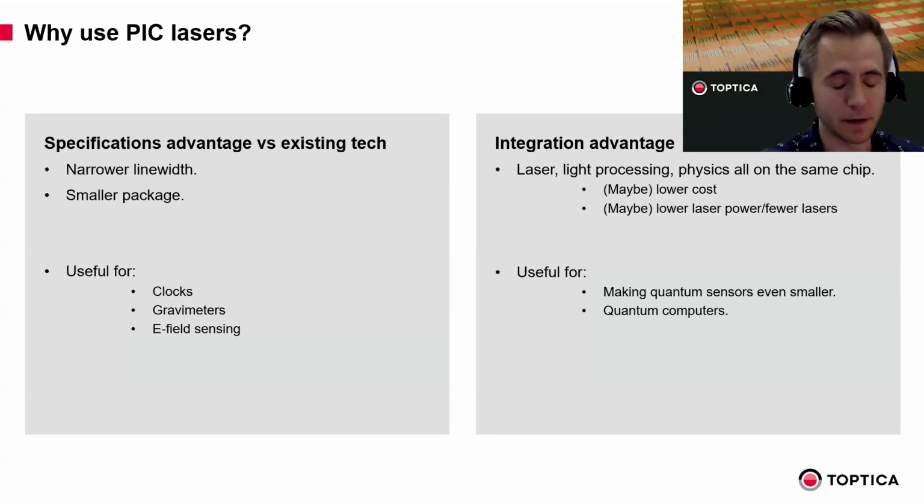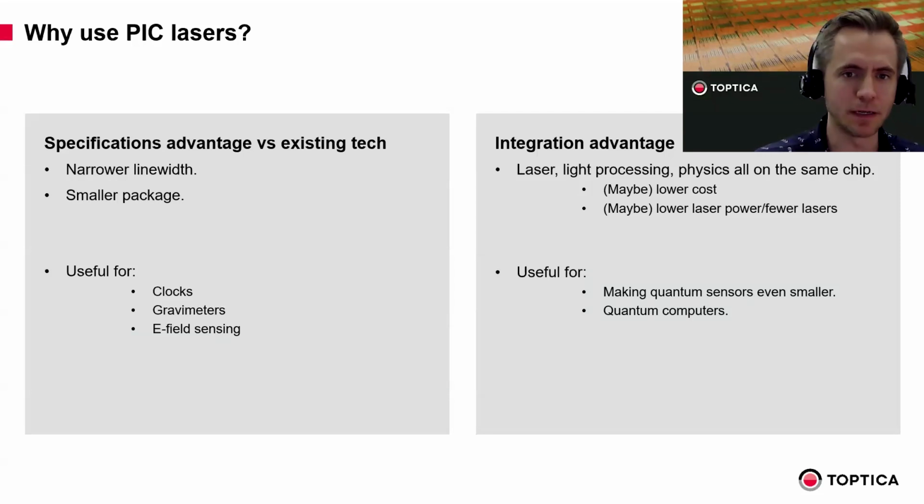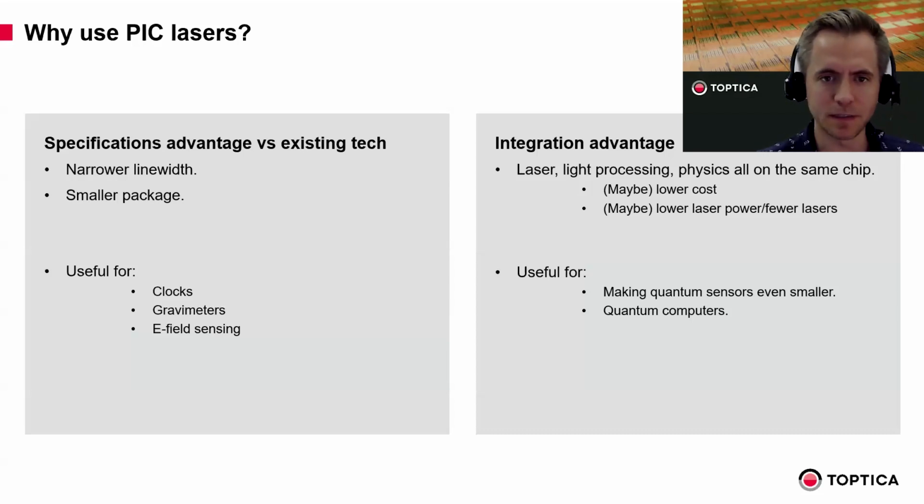On the other hand, another big advantage of PICs is, of course, all of the components that everyone around the world is developing to put onto PICs. So this is what I call the integration advantage. Having your laser, light manipulation, frequency shifting, splitting, and so on, and maybe even physics packages all on the same chip. That gives a high degree of integration, and this could have an advantage perhaps in lower cost, perhaps in